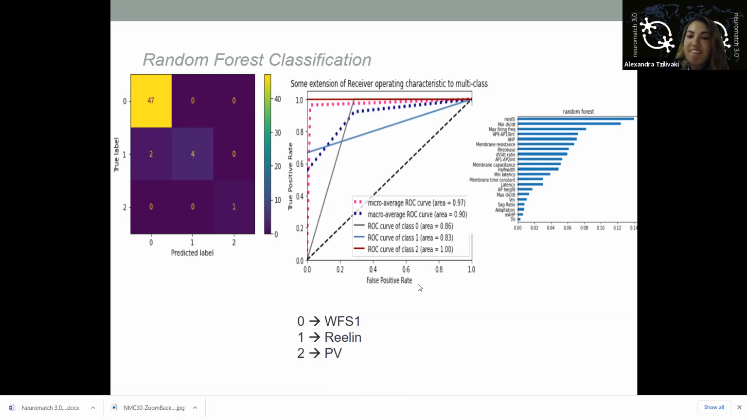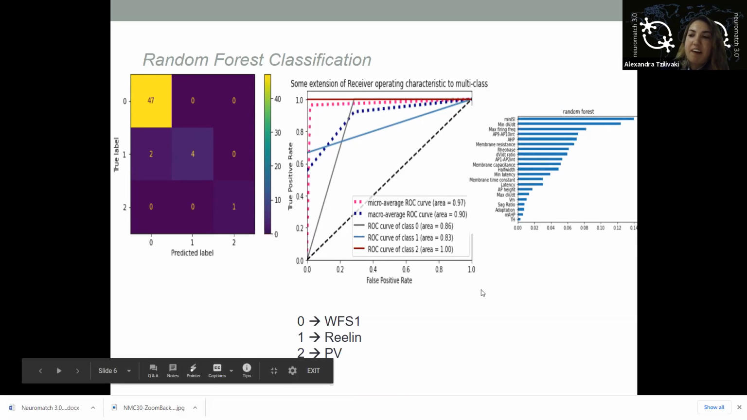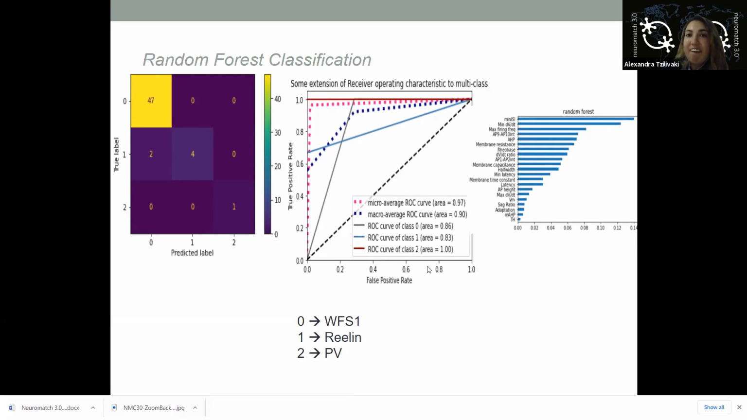And impressively, the classifier does a great job, especially for the parvalbumin interneurons, despite the fact that this is the least represented class. But it can also give us a good estimate and valuable predictions for the two remaining classes, the WFS1 and the Reelin, despite the fact that these two neuronal subpopulations in the parasubiculum have very similar electrophysiological